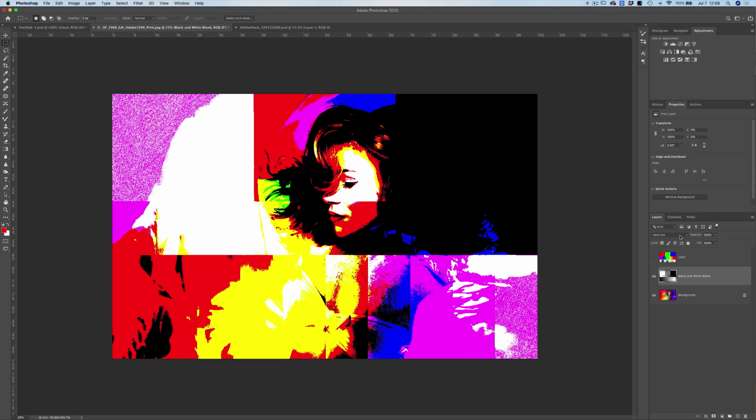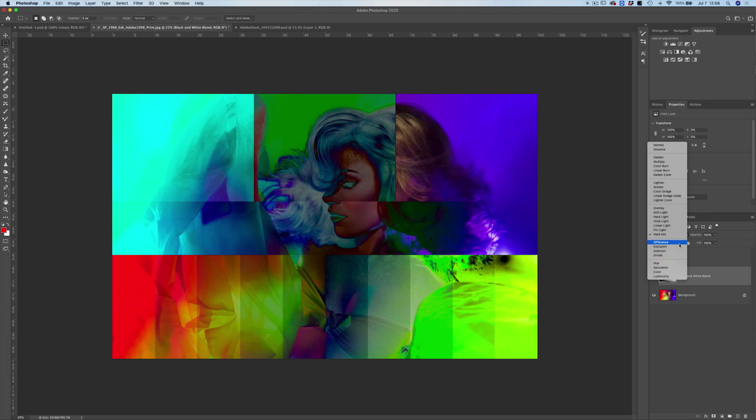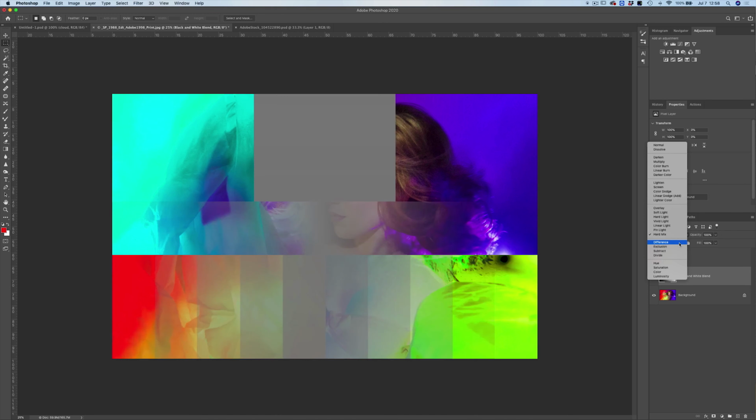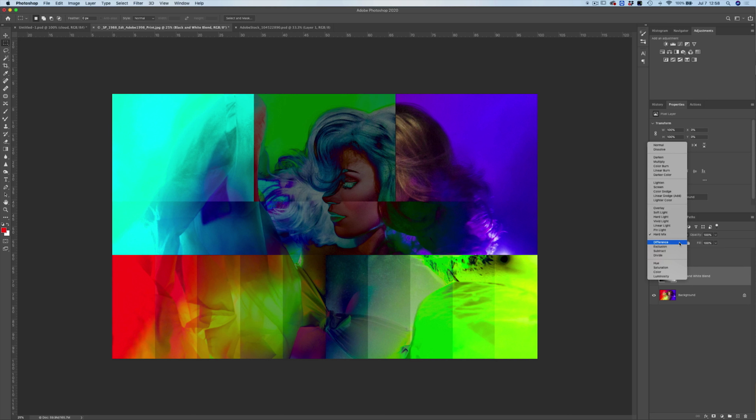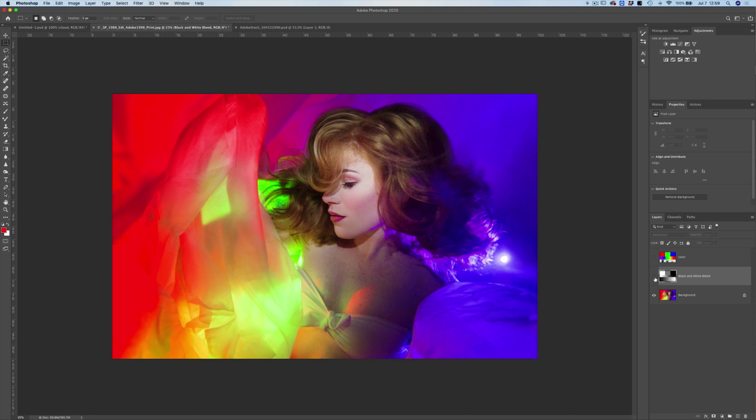The next blend modes that we have to look at are our difference blend modes. So we've got difference, exclusion, subtract, and divide. Difference is basically going to invert the colors underneath it where the layer is white, okay? So if we look at this, we can see that the black square has not been inverted, but the white square has been inverted. This gives a super cool look too. But what I want to show you is one way that I use difference blend mode in a more applicable way, which is to align layers.